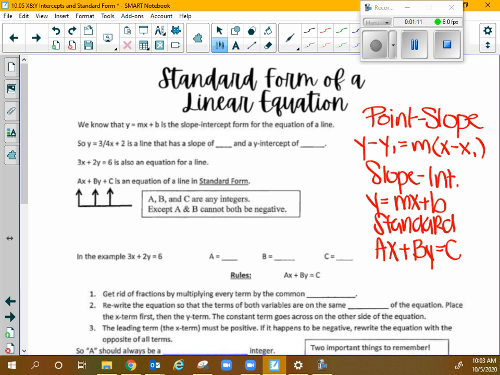Y'all remember that warm-up problem we did with the small tables and the large tables? Yeah, that one was written in standard form because a lot of real world scenarios is a comparison of two different things, which is the x and the y. Okay? So,